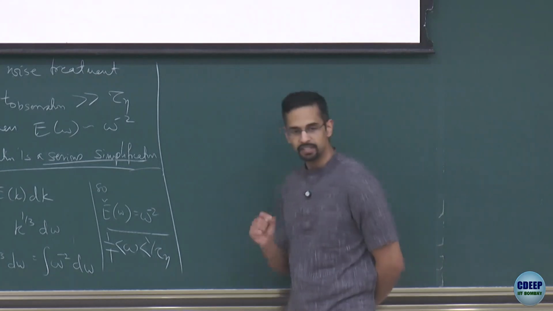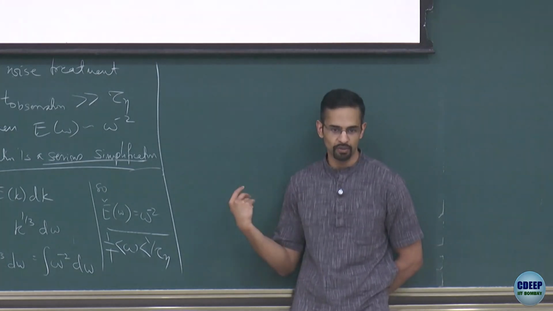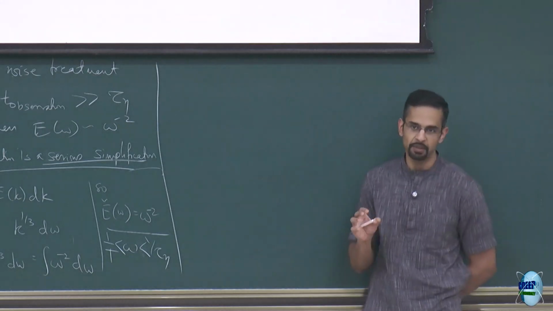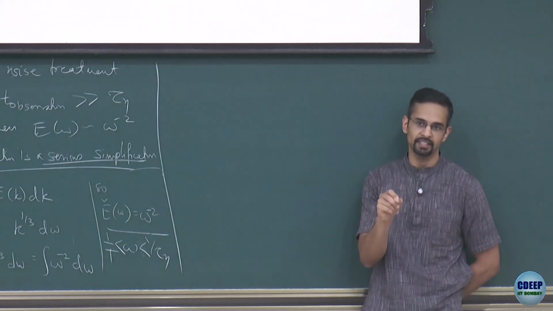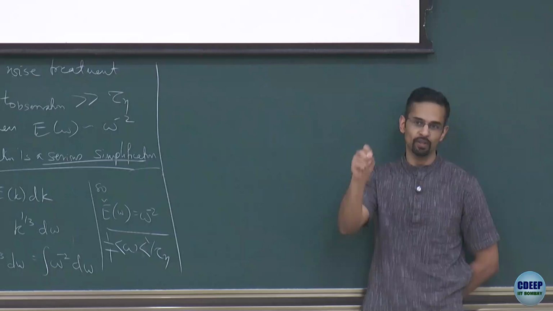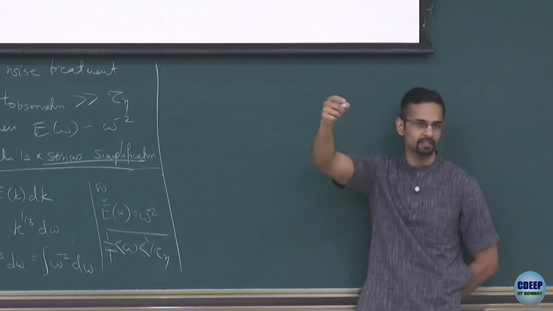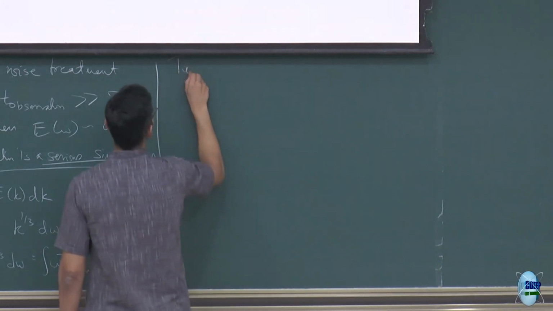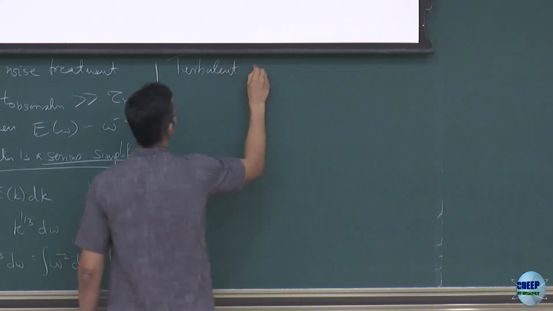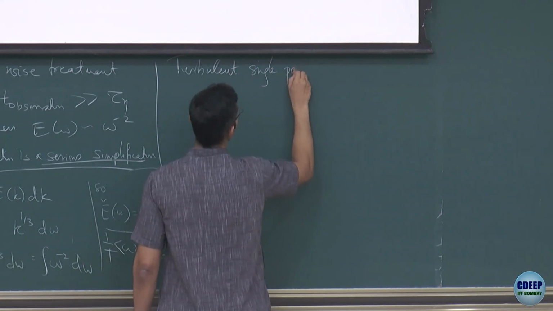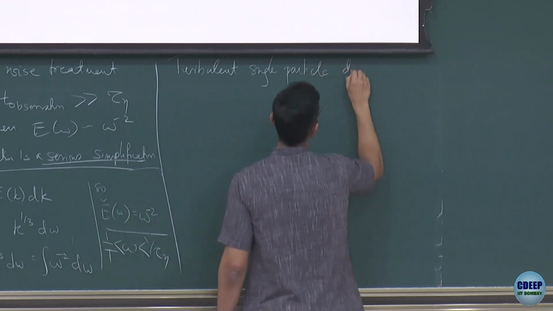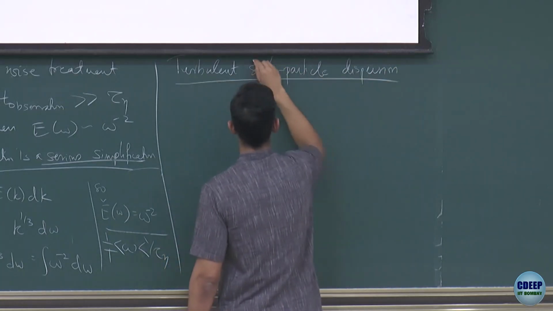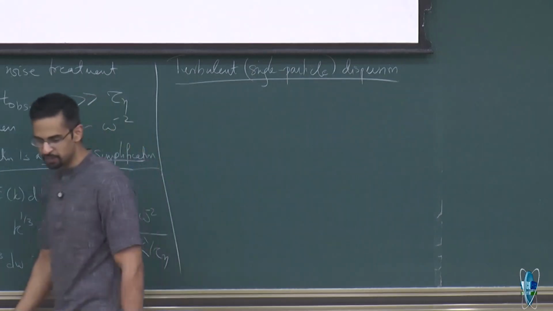So the question is, how would a tracer behave if it is placed into a turbulent flow which has the Kolmogorov phenomenology? So let us start with the simple question of what happens to a single tracer that is released at some source, and we want to see how its distance from that starting point changes, right? Like the mean square displacement. Okay, so that one could call turbulent single particle dispersion, single particle for reasons of what the next problem will be.